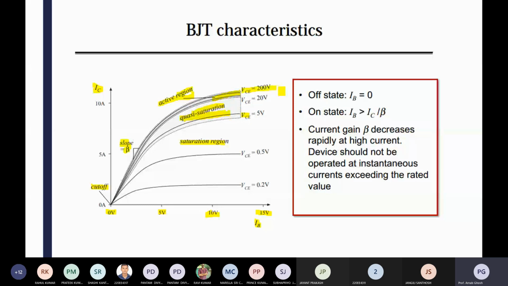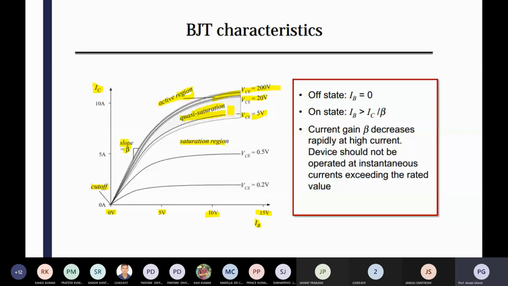So a significant amount of voltage has changed, but the region is more or less constant. It's not a big change, but variation is there. If you increase the value of VCE, it will reach the saturation level, and then you can see non-linear change. So it's a quasi saturation region.